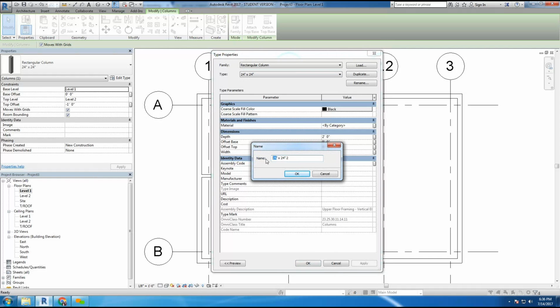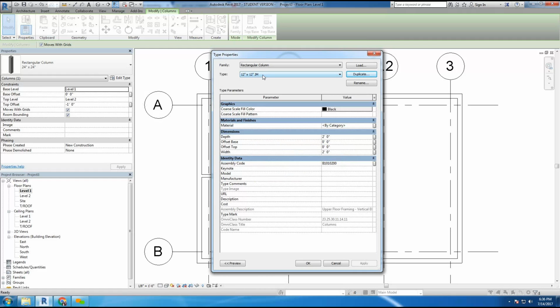For example, we'll make a 12 by 12 column, and I'll add my initials to make it appear unique in the list of columns so I know which ones are mine and custom. So I hit OK here, and then you'll notice I've added a new type of column to the list. And very quickly, I can see that it's custom. And under dimensions, I can very quickly say that the column is 1 foot by 1 foot, and the top of the column is -1 foot offset at the top. So if the columns rise to the second level, they automatically drop a foot at the top, which will match the walls. So if I take that information and save it here,